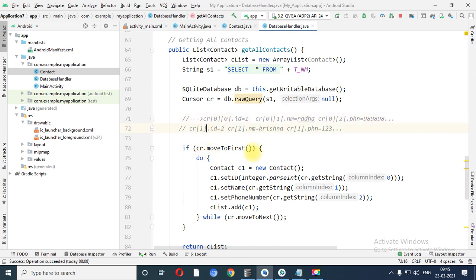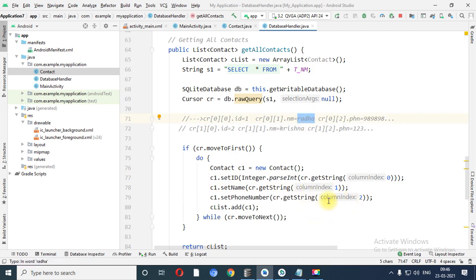Similarly over here 1 0, 1 1 and 1 2. So what happens now? For the first time our cursor is over here. This is the row index, this is the column index. So the column index is 0. What is there in column index 0? 1. What is there in column index 1?